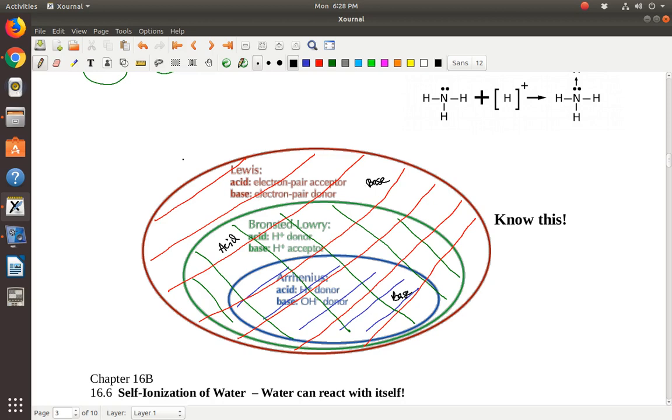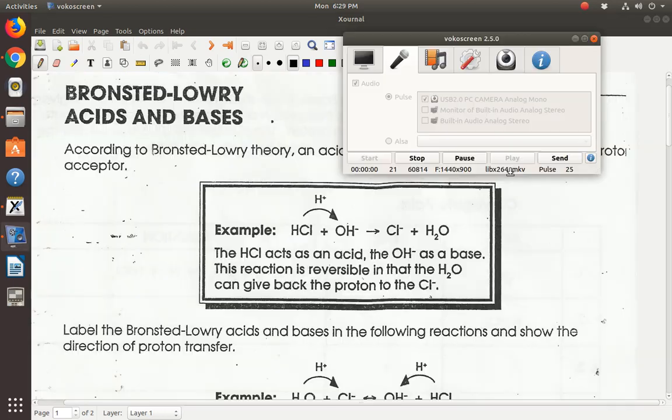So you need to memorize these circles and how they work, okay? Because these are going to be probably the tricky questions. I'm going to pause the video for that. Okay, so